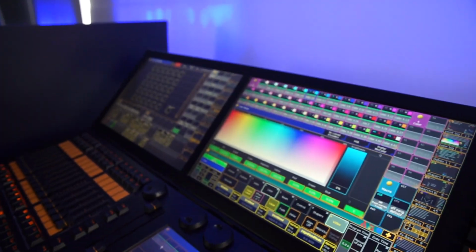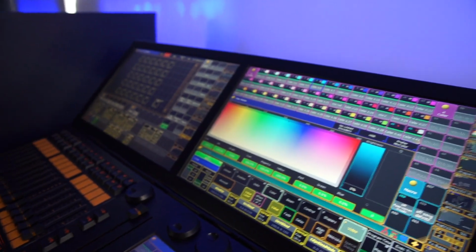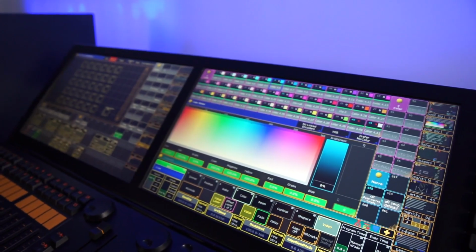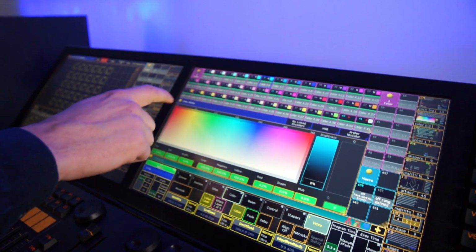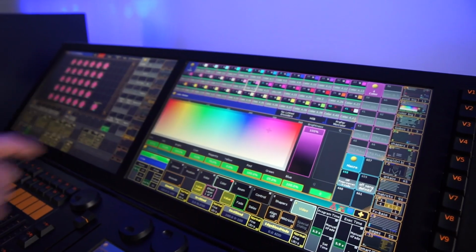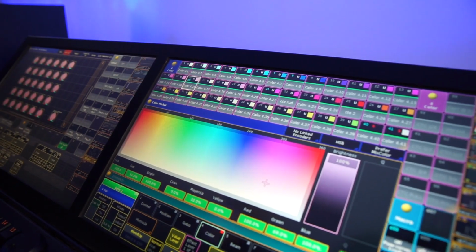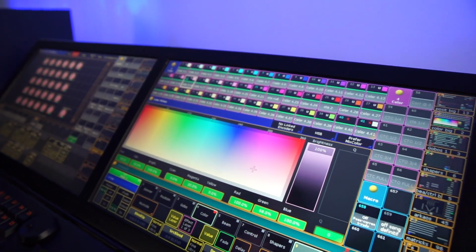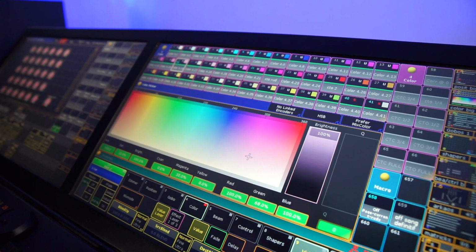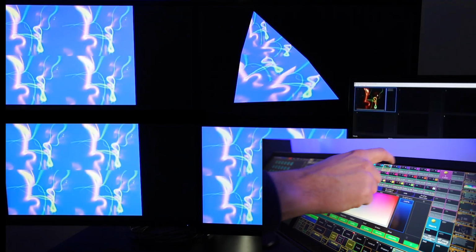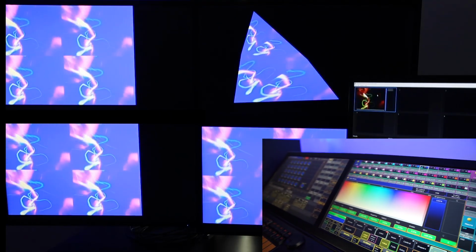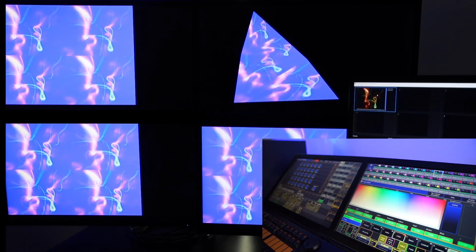Let's use now the color control of the surface. I have now selected all my surfaces and I can send a direct color to them. I can either choose a color from the color picker on my desk or send independent RGB values. By default, as you can see, my color blending is addition.